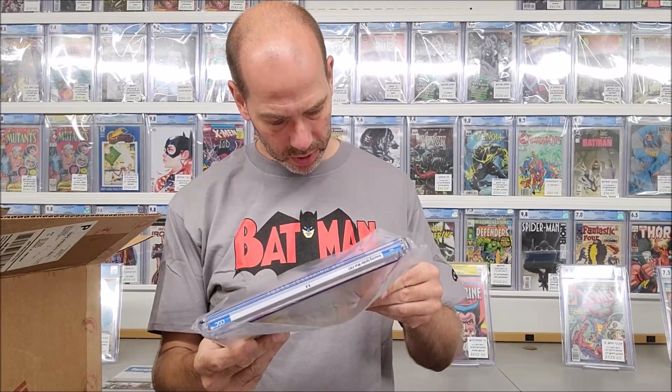Spider-Man 361, first Carnage, near mint. Dang, yo. It's got a couple little dings on it. I'm surprised, man. Well, 9.4. I mean, it's not a 9.8. It's two grades off a 9.8. I wouldn't have sent it in, but